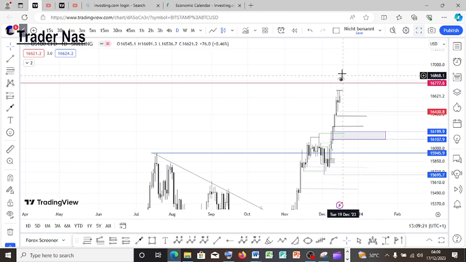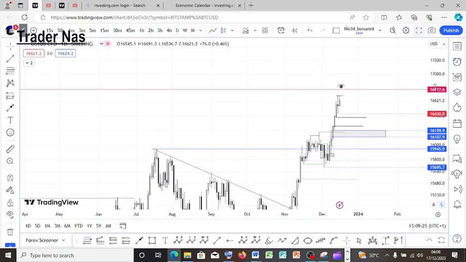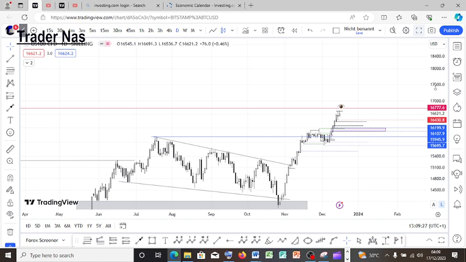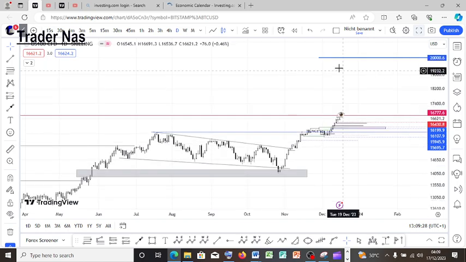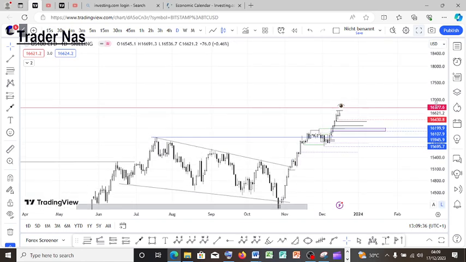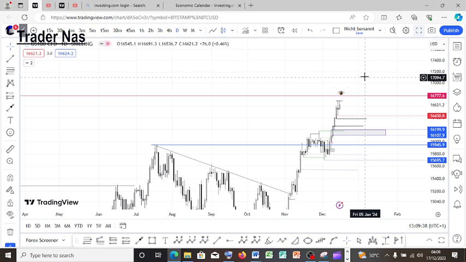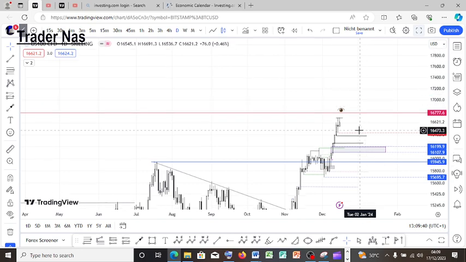So that's why I said I'm waiting for the deeper pullback before entering another long position, to target this zone here. That is my first target. If we can break this last swing high, it depends. If it will be this here, that's fine, we're going to break. If not, that's fine also, guys.